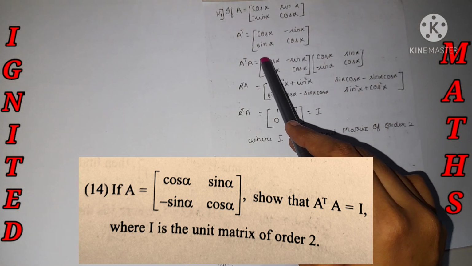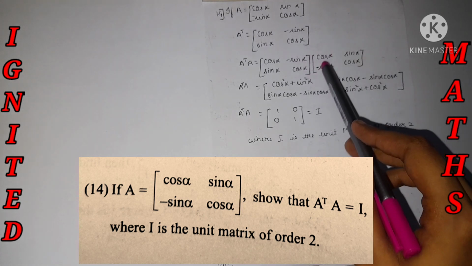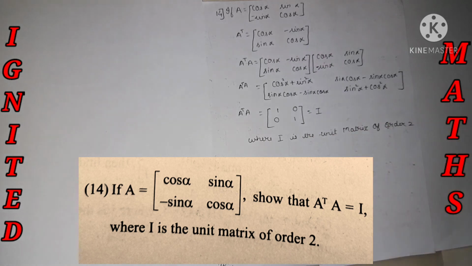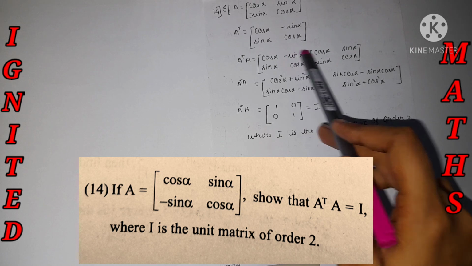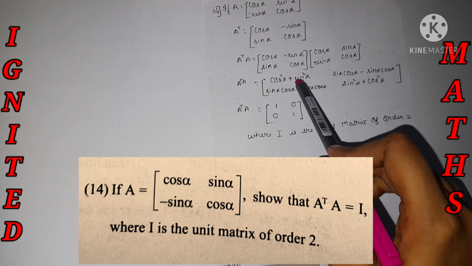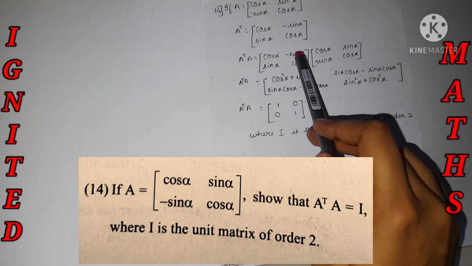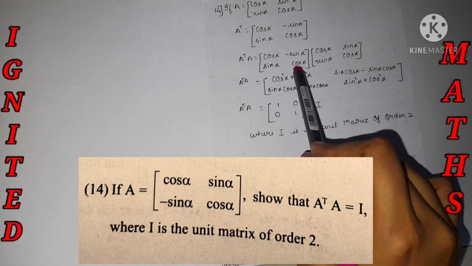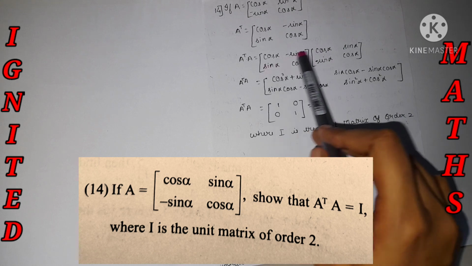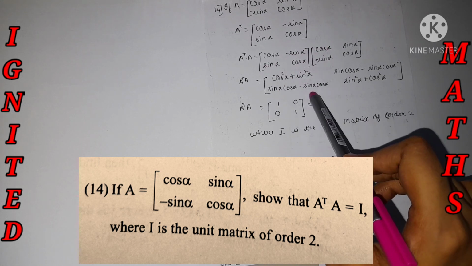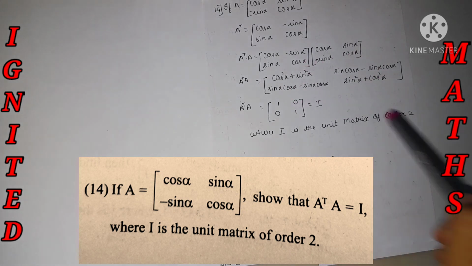That is nothing but the first row of the first matrix will be multiplied by the first column of the second matrix. So cos alpha into cos alpha is equal to cos square alpha, minus sin alpha into minus sin alpha is nothing but minus into minus plus, and sin alpha into sin alpha, sin square alpha. Yes, over here the same for this purpose. Cos into sin alpha over here, minus into sin alpha cos alpha. Okay, now the A21 element. So this matrix and this, sin alpha into cos alpha minus sin alpha into cos alpha, sin square alpha plus cos square alpha. So this is how we need to find it.